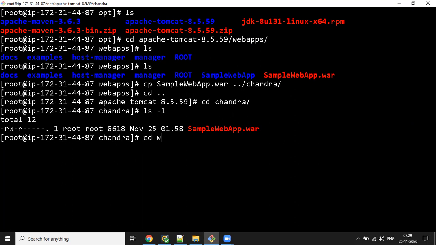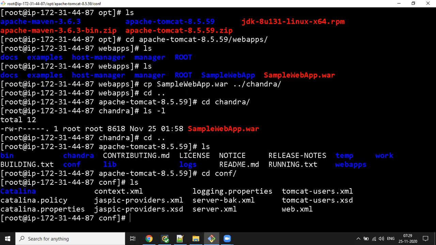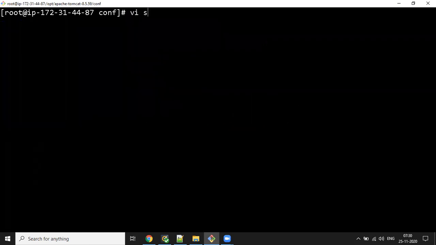So get inside the webapps or conf, cd conf, ls. The server.xml file is there. So I can check, clear the screen, vim server.xml.